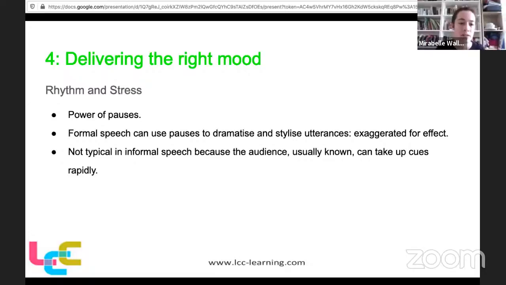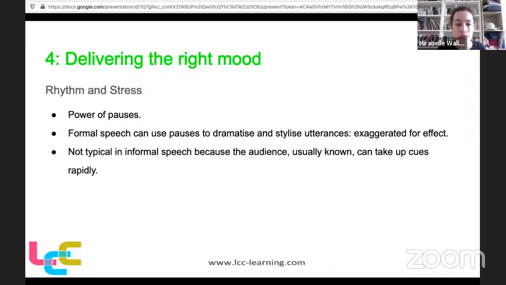Pauses as well, so important. In normal speech, we wouldn't want to pause too often because you come across awkward if you stop talking all the time. However, formal speech can use pauses to dramatize and stylize utterances, which you exaggerate for effect. In informal speech, you don't need it because the audience can respond to you straight away, whereas in formal speech,